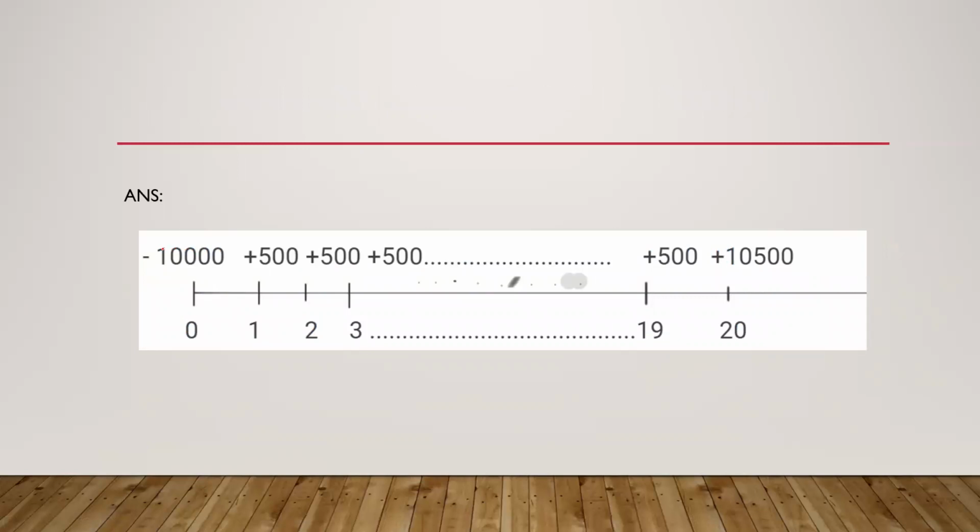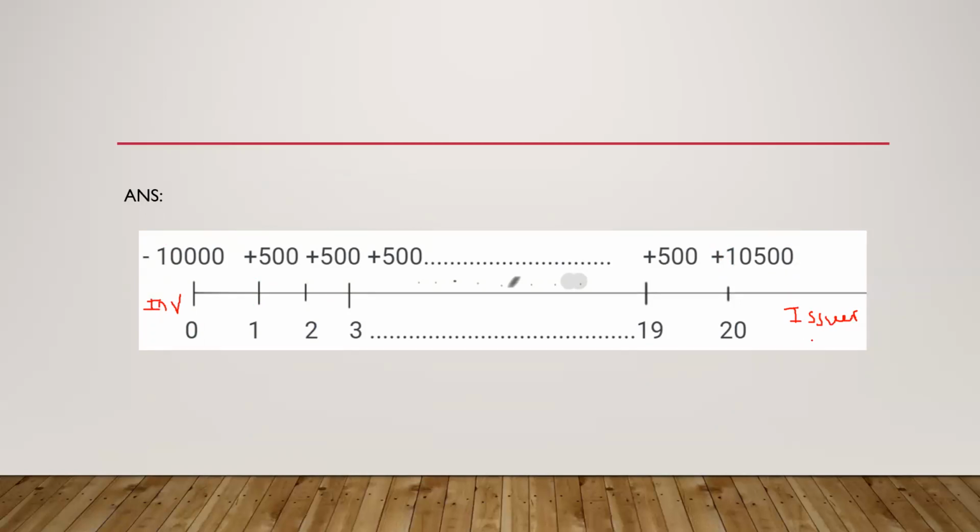So this is the answer which I've shown in the form of a diagram or a timeline time series chart, where the investor is paying the initial amount for the fixed interest security, which is minus 10,000 to the issuer. Okay, and parallelly, the investor receives 500, which is a positive cash flow at the end of each and every year at regular intervals. And at the final year, which is the 20th year, he will receive the full amount of 10,000 plus the final interest put together, that is 10,500.